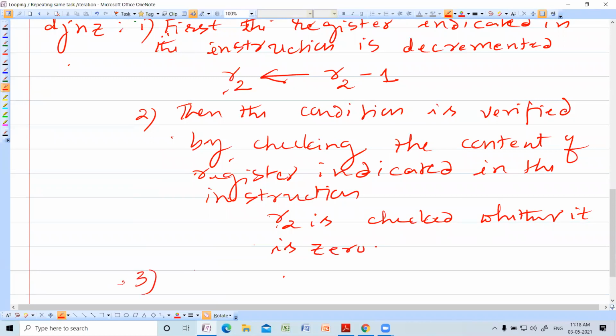Third point. If not 0, then what happens?